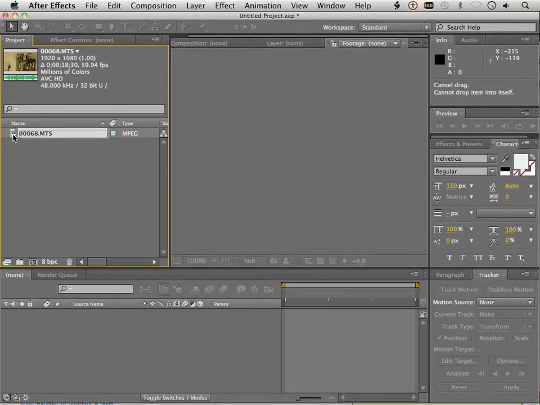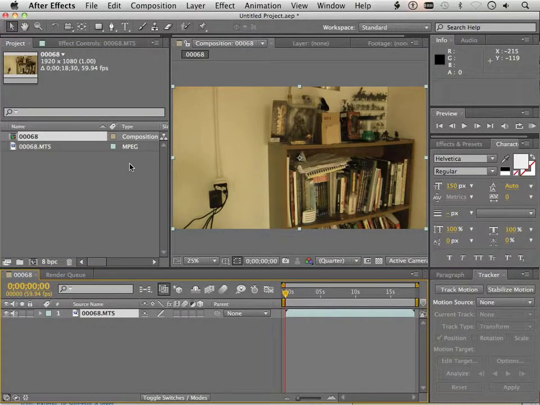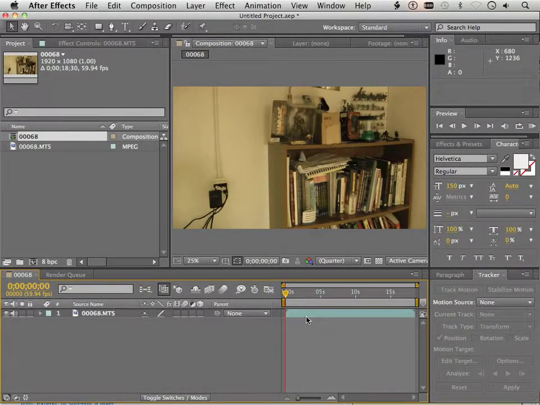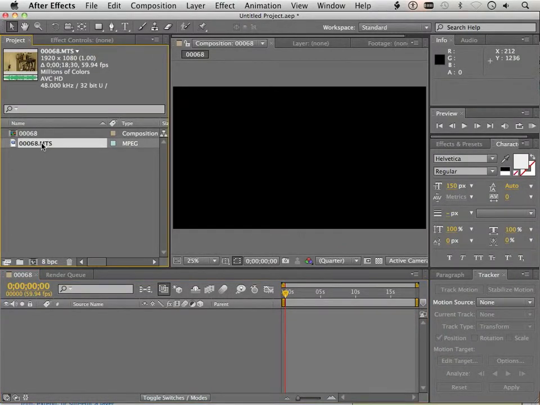But that being said, you get a picture of all my reference material laying on a shelf. I know, hold the excitement, right? We're going to use this for motion tracking. And I don't need the whole clip, so what I'm going to do here is take this, delete it off the track, double click it,